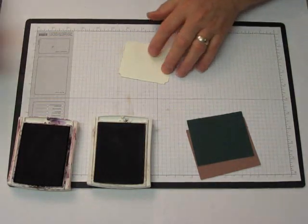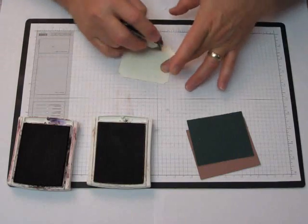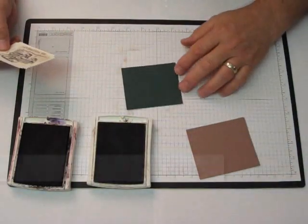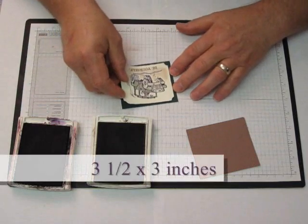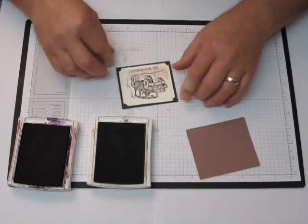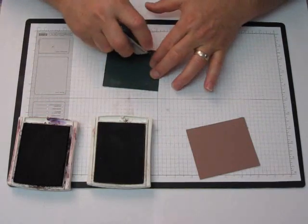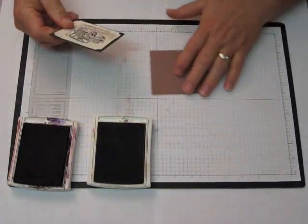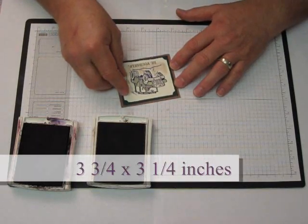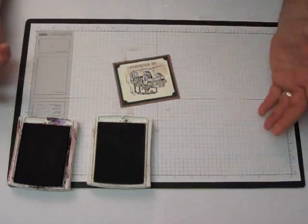Now, we're going to take our Snail, whoops, upside down, and I'm going to adhere that to a piece of Handsome Hunter cardstock that I've cut to 3.5 by 3 inches, and I roughed it up so that we didn't take the time to do that. And then I put some Snail on that, and I'm going to attach that to a piece of Close to Cocoa that's cut to 3 3/4 by 3 1/4, and I line that up,